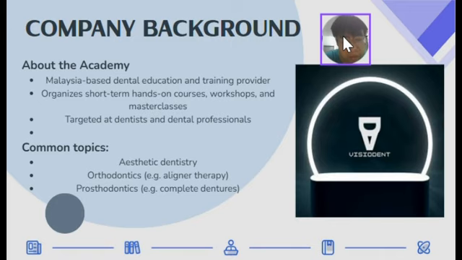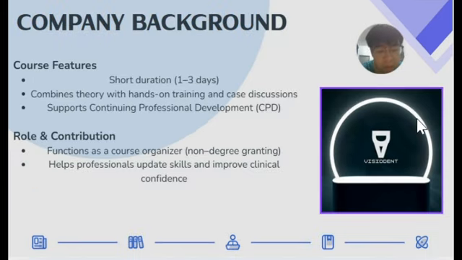The academy focuses on practice-oriented clinical training to enhance clinical skills and confidence, covering areas such as aesthetic dentistry, orthodontics, including aligner therapy, and prosthodontics. Most programs are short in duration, usually 1 to 3 days, allowing participants to upgrade their skills without extending time away from clinical practice.